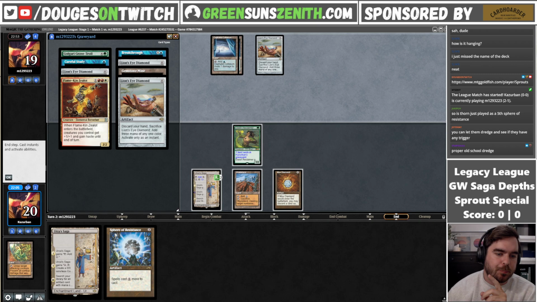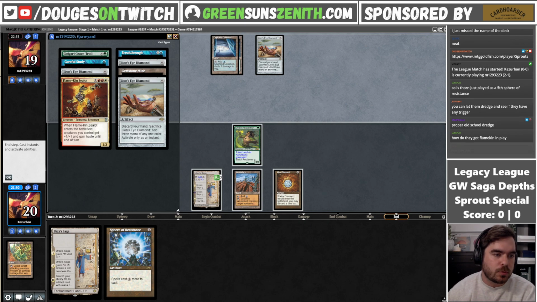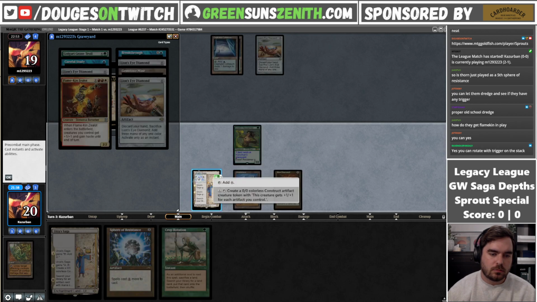My question is with the Urza's Saga trigger on the stack at 3, can I then sac it to Reclaimer to get another land, but then also search with it? How do they get Flamekin in play? They probably use Dread Return, which can flashback by sacking 3 creatures to return target creature from your graveyard into play. Yeah, I don't think I can do anything here. I think I just have to untap and upkeep. And then here...